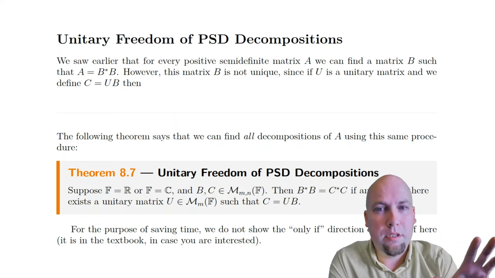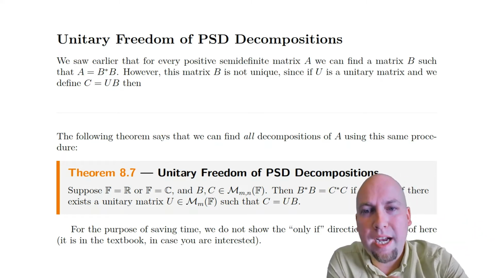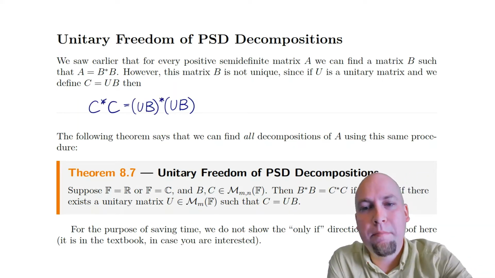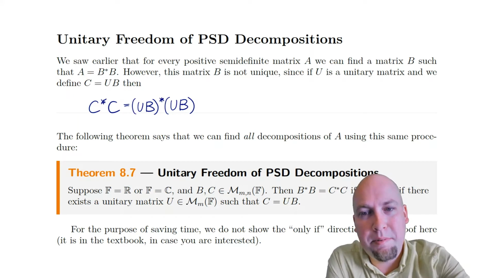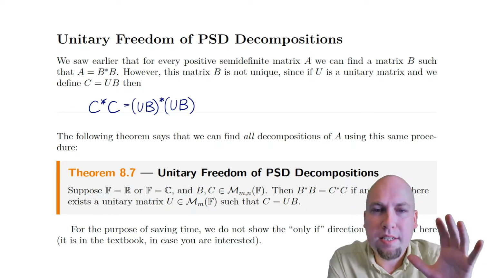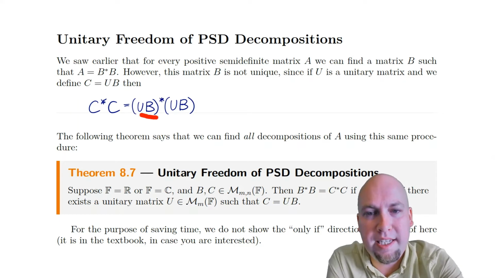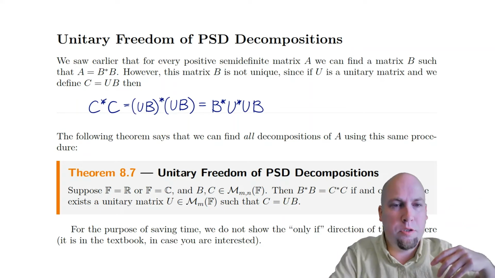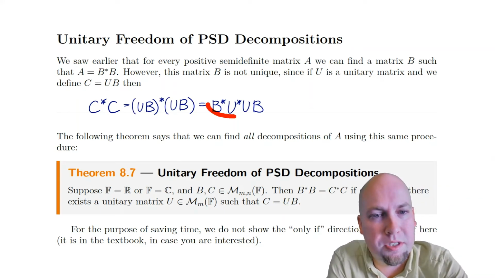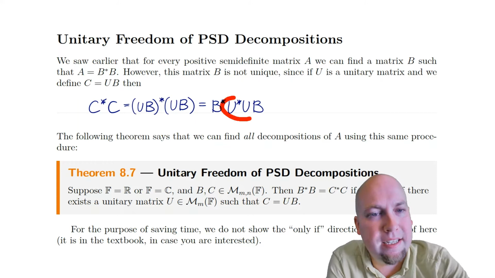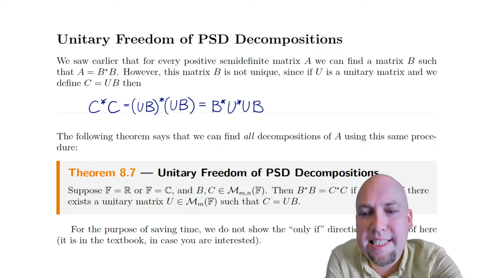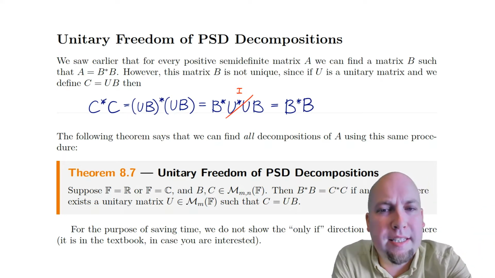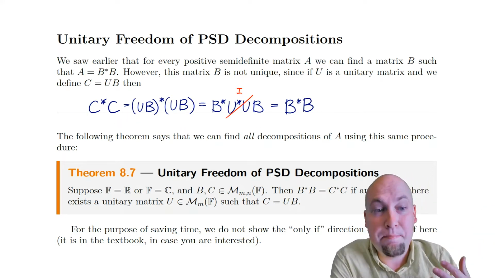For example, if I replace B by U times B, where U is just any old unitary matrix, then what happens? If I say C is UB and then compute C star C, I just plug in UB for C and get (UB) star times UB. Then I simplify using our usual matrix multiplication tricks: stars on both of them and the order swaps. In the middle I've got a U star U, which is just the identity matrix because I chose U to be a unitary matrix. So I see that C star C ends up being the exact same as B star B,